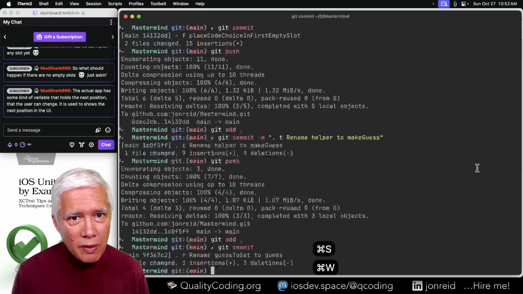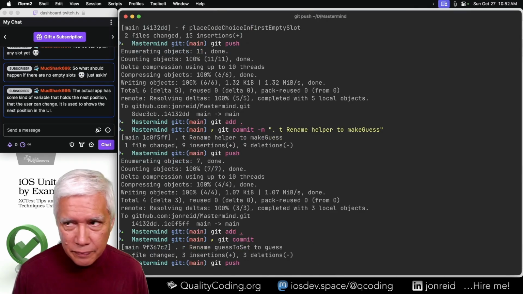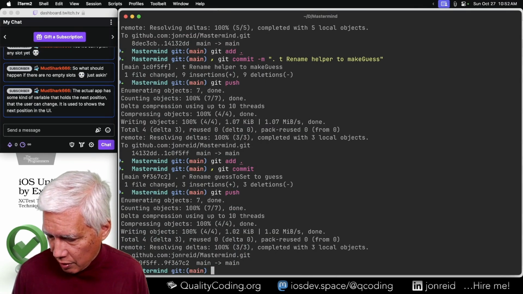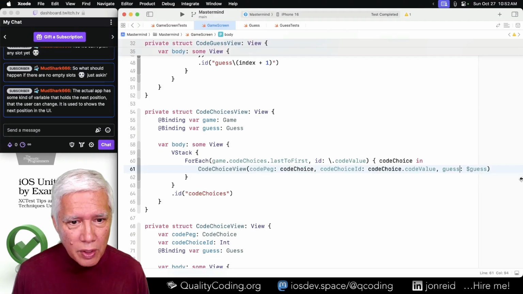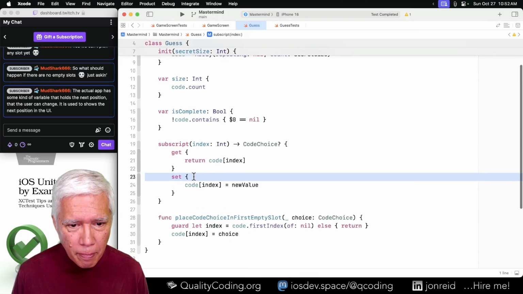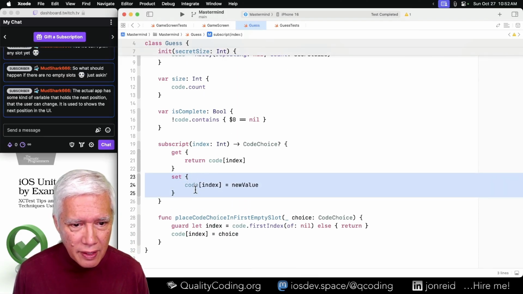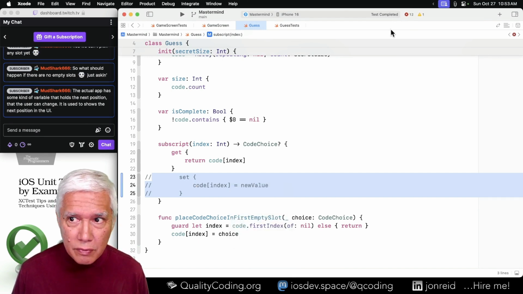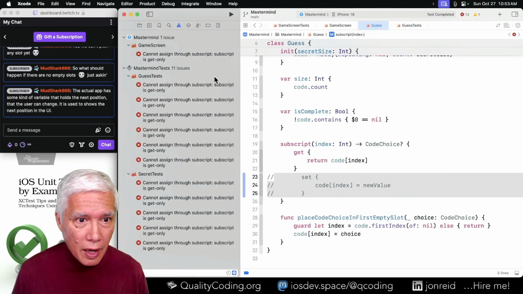That we are getting almost done with our day. One more thing that I want to do is, do we need the setter? Like if I get rid of this, what breaks? Let's find out. A lot.